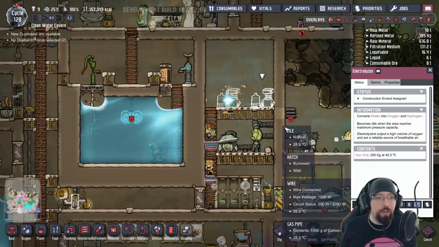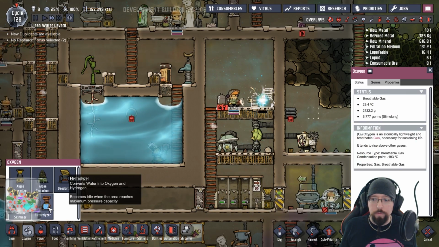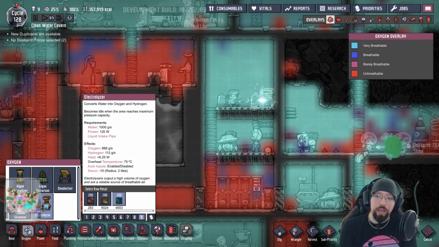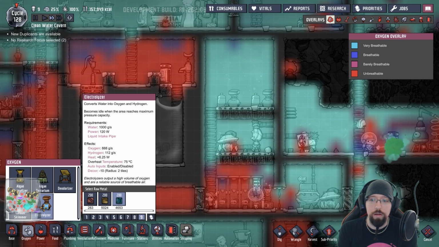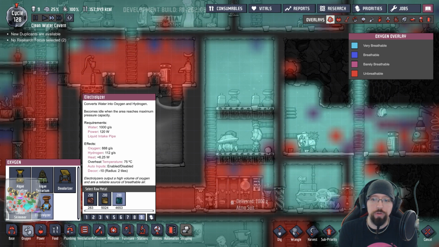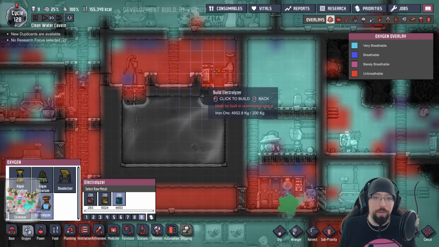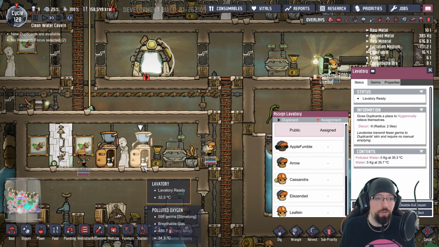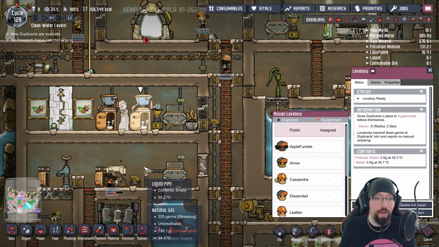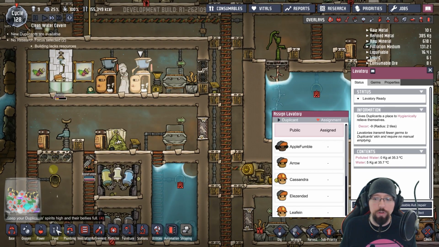How much can these consume? Electrolyzers require 1 kilogram of water and produce, well, 1 kilogram of water per second. My duplicates produce a redonkulous amount of polluted water whenever they use it. Because 5 kilograms of clean water go in,